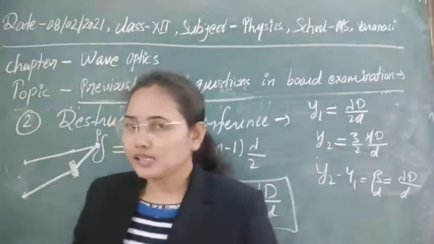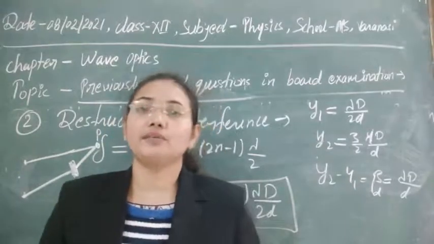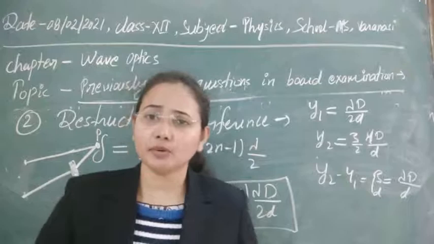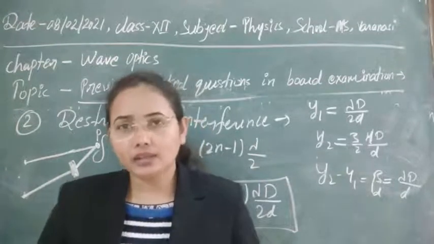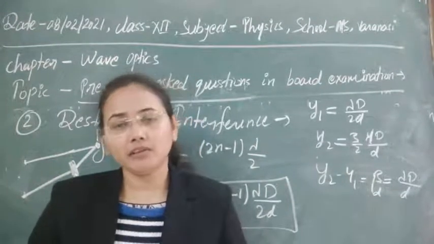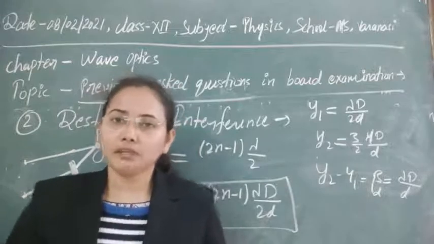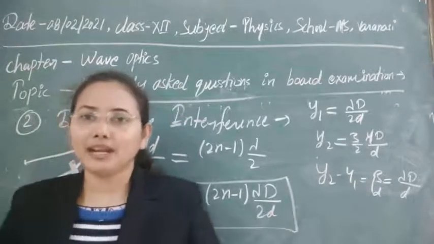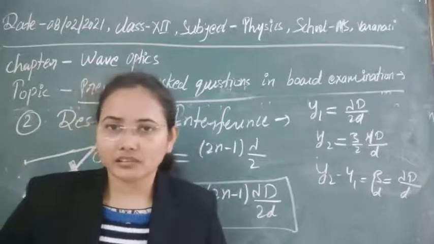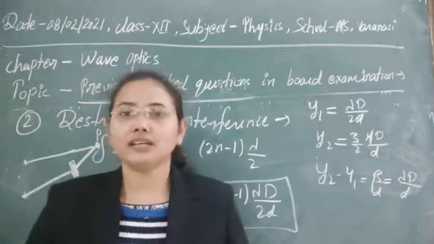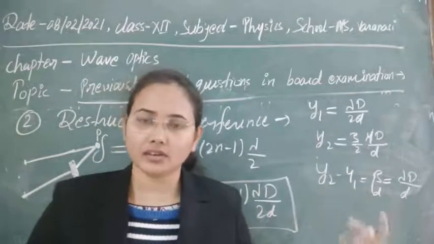So I think the concept of interference is clear, the concept of introducing an obstacle is clear, the concept of diffraction is clear, and how to obtain the conditions for maxima and minima for diffraction is also clear. Simple, we have to add the additional lambda by 2 path difference, and the conditions for constructive and destructive interference will just be reversed in the case of diffraction.